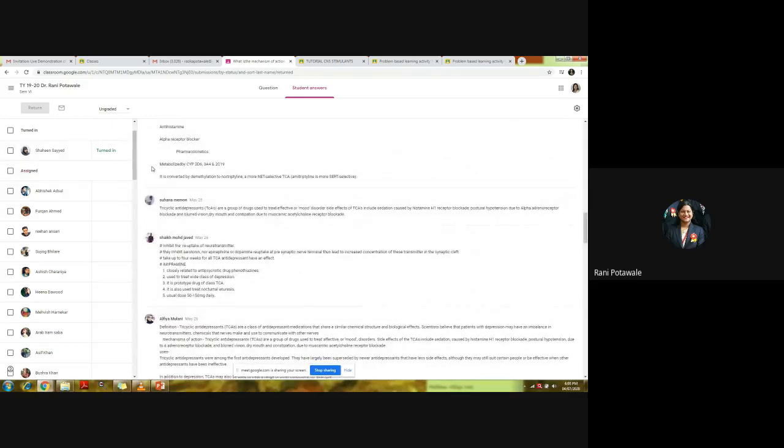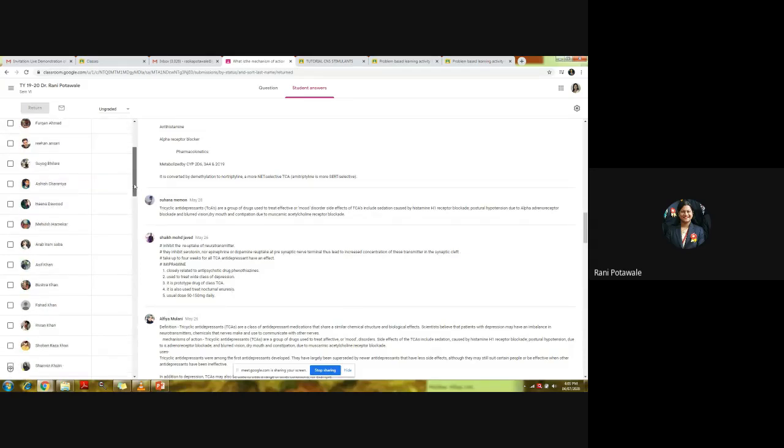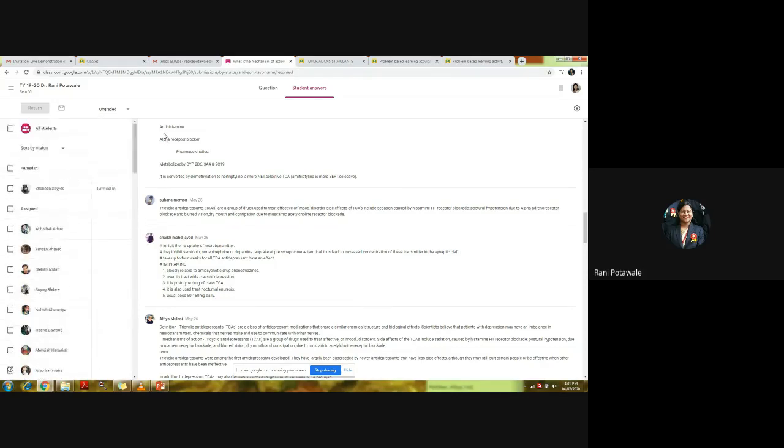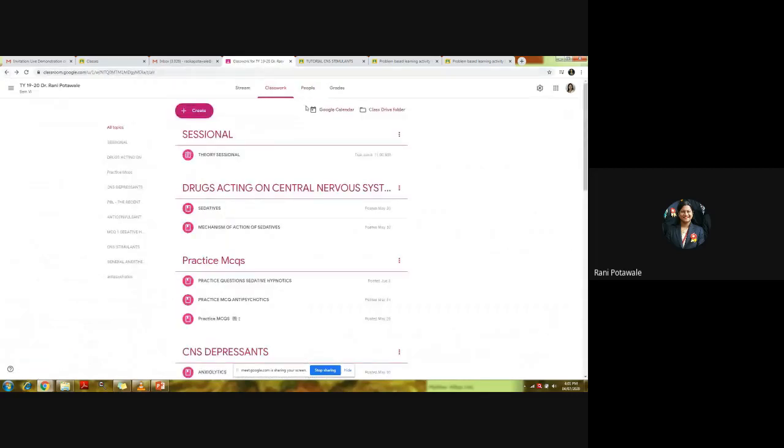On the left hand side, we can see the list of the students who have turned in, those who are still assigned with this assignment, and those who have given answers that I have checked and given some remark or comment to. This right mark will appear when you return that particular assignment to the students. So this is how we can take different types of assignments by using these features of the classwork.